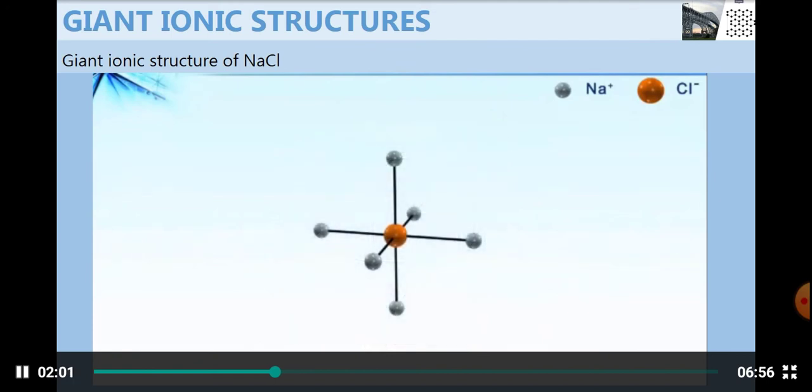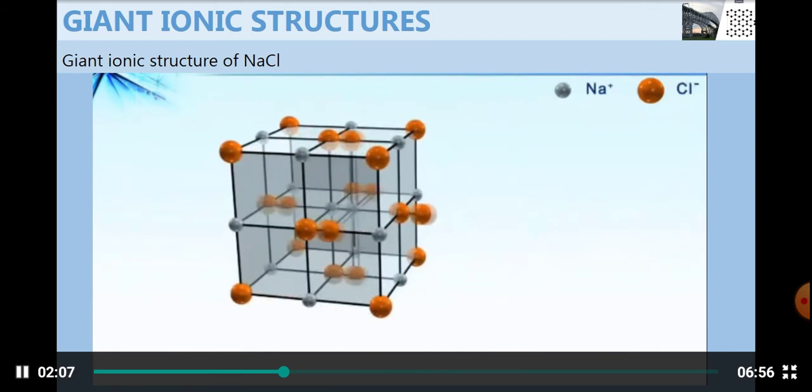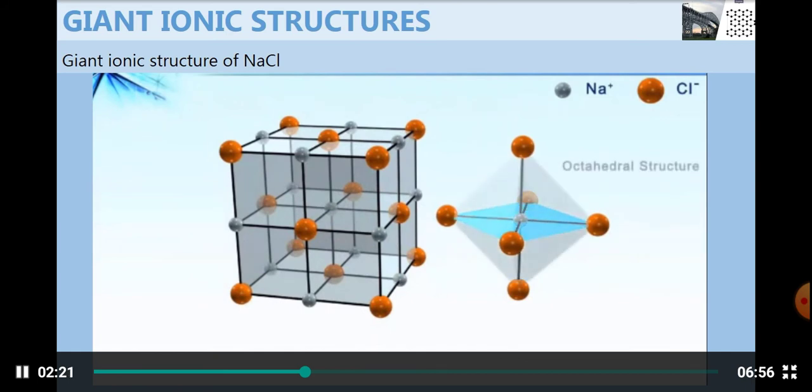And that is why the structure of sodium chloride looks like a cube. When you look at salt crystals, they're like little cubes because this structure repeats itself over and over again with millions and millions of sodium and chloride ions. The structure is usually known as octahedral structure because it looks like 2 pyramids that have a square base put together, joined at the base, one facing up, another facing down, so we call it octahedral